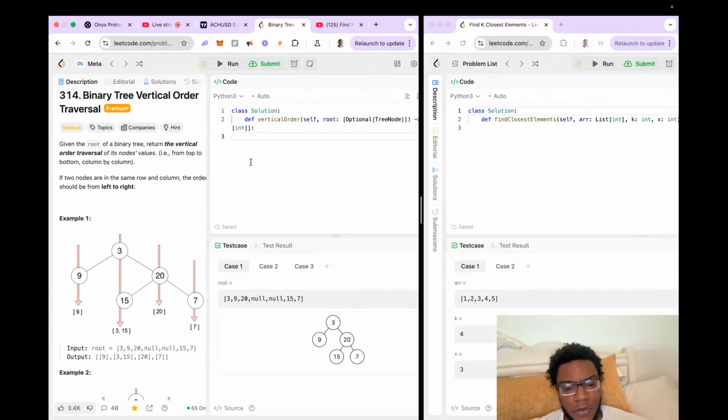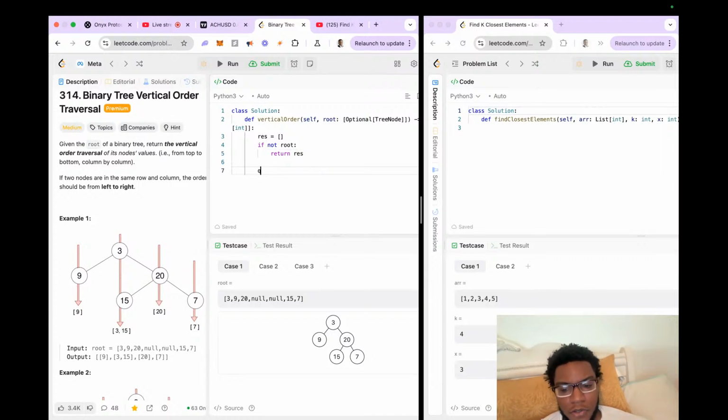And so what we would do is say results equal, or we can just say if not root, return an empty array, or we could just say res equals, return res,